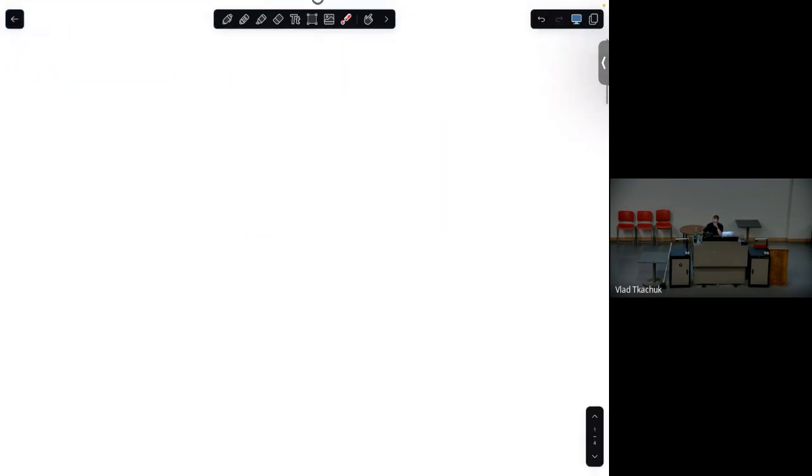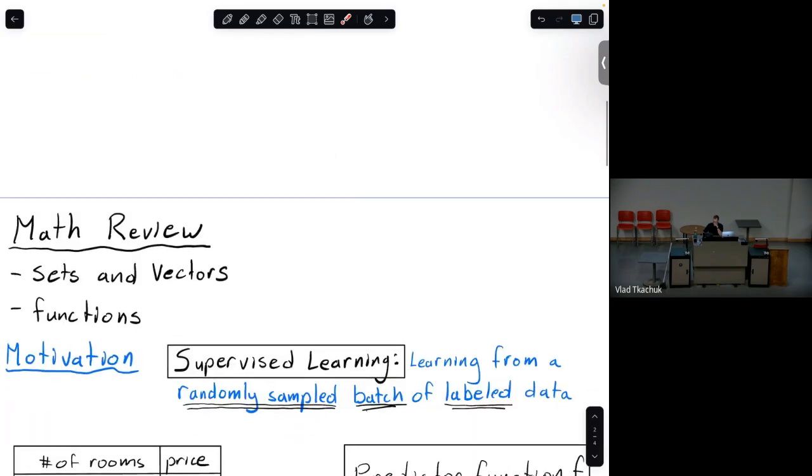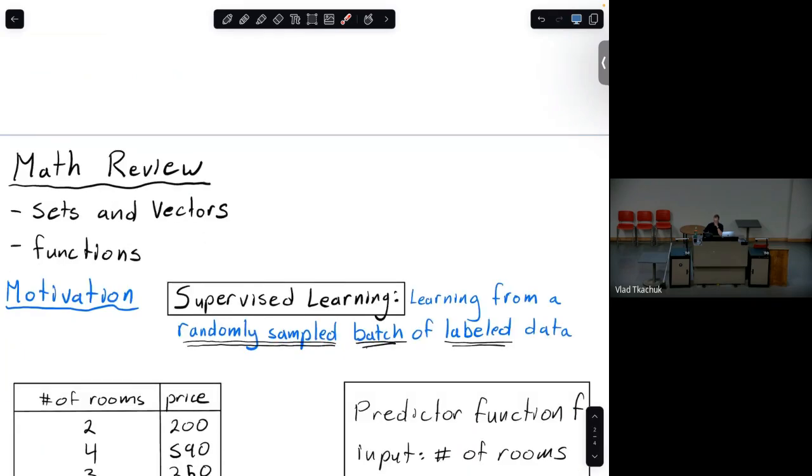Okay, so now we begin with the technical content. The stuff we're going to be interested in is reviewing math. And in particular today, we're going to be reviewing these 3 topics, which are called sets, vectors, and functions. Maybe many of you think this is already really simple and know all this. Maybe not. We're going to try to get everyone to the same level of knowledge because